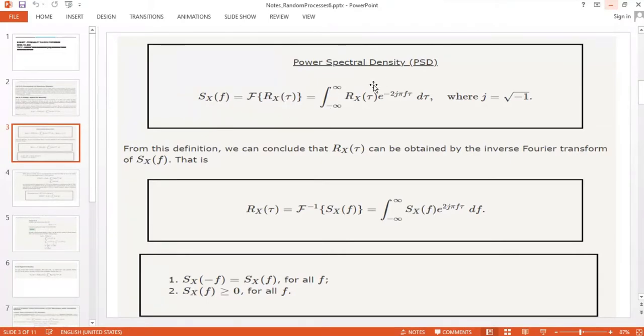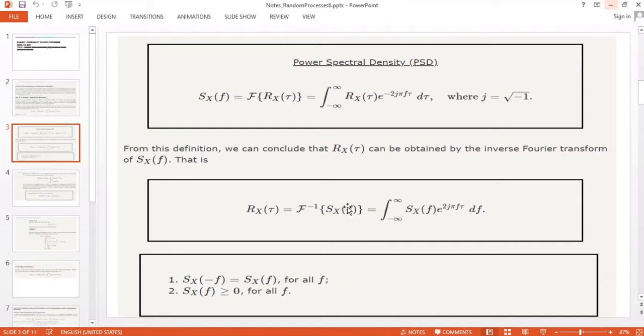The Fourier transform of any function of t is given by this integration, tau goes from minus infinity to plus infinity, Rx(tau) e raised to the power minus 2 j pi f tau d tau, and here j is the square root of minus 1. Then we take the inverse Fourier transform of this S_X(f). Here F raised to the power minus 1 represents the inverse Fourier transform we are taking of this power spectral density